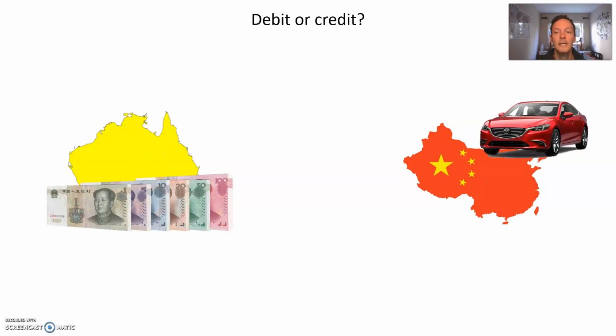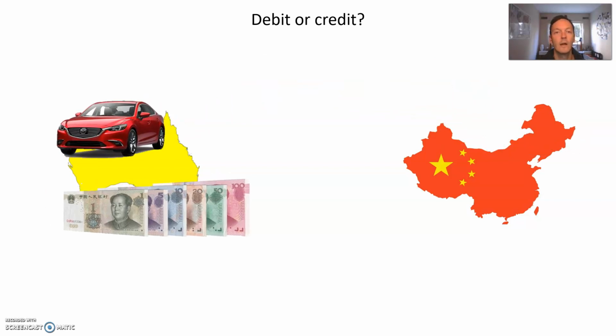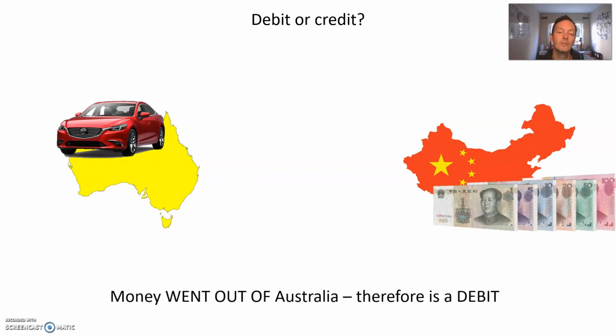All right, next one. This time we're going to buy a car from China, where most cars are made. Again, they're just not going to give us that for free. We are going to pay China for that, and so the money is going to leave the country. And so when the money leaves the country, this is recorded as a debit. Now, this transaction of the purchase of a car, once Mazda Australia has paid for that car, has no future financial obligation to those two parties,